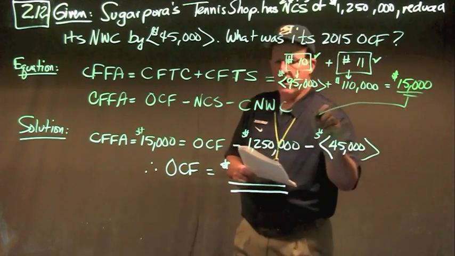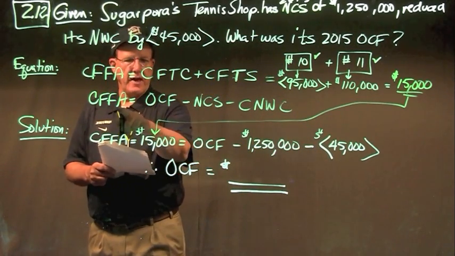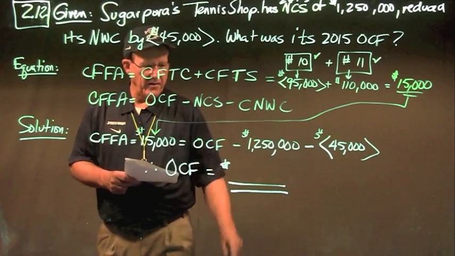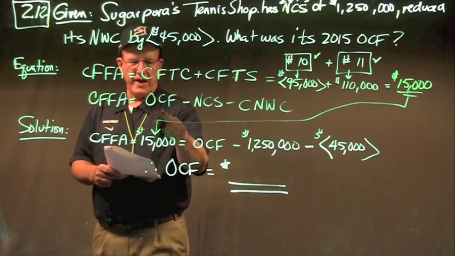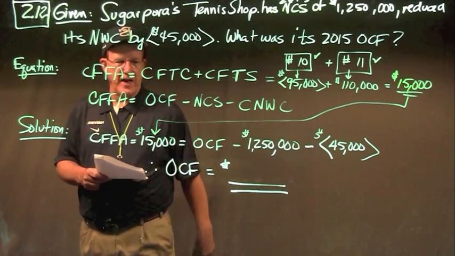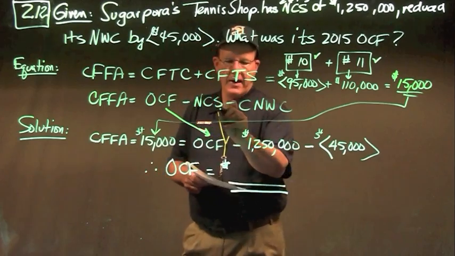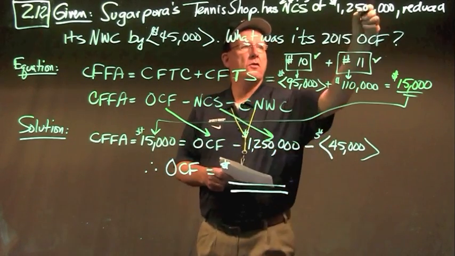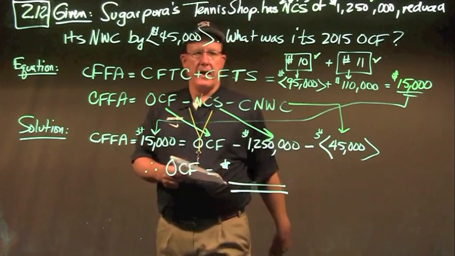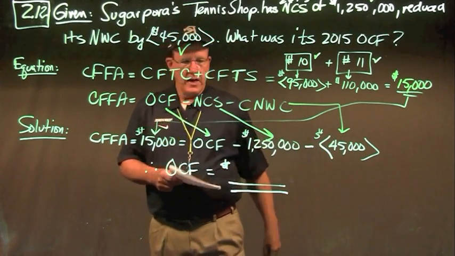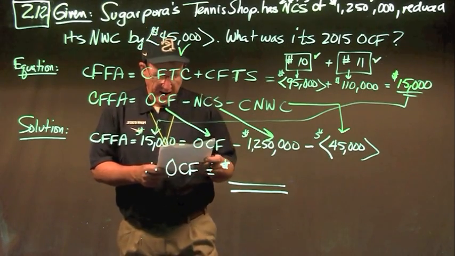Now I'm going to use that here, because I'm going to equate that $15,000 to OCF minus NCS minus CNWC. So OCF is what I'm looking for. So I have my CFFA, 15,000. I'm looking for this, I'm going to put in X for that. For my net capital spending, I'm going to plug in 1,250,000. And for my change in net working capital, I'm going to plug in negative 45,000, which was also given. Moving these to the other side and solving for operating cash flow, I get an OCF of